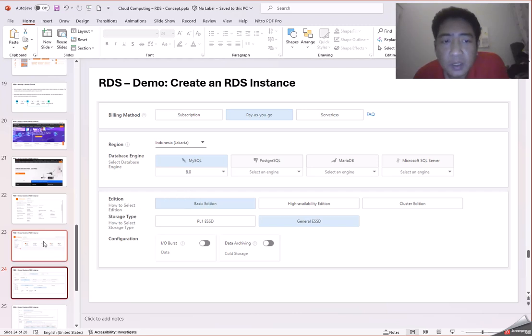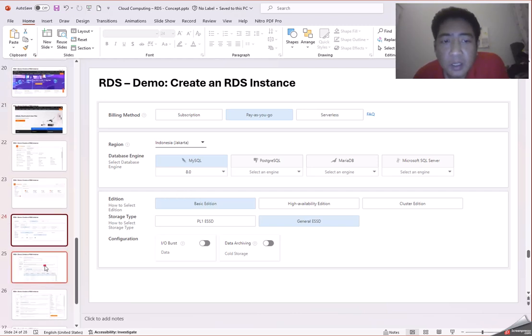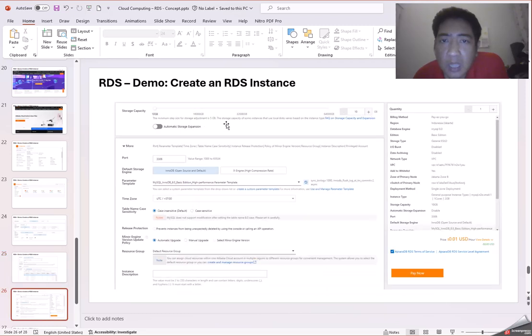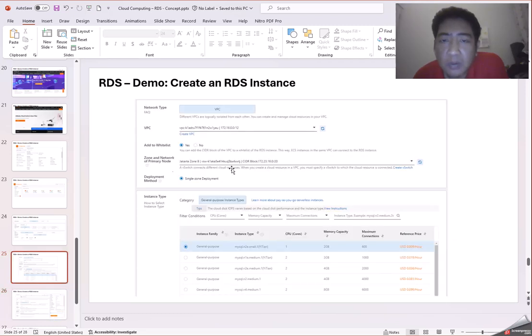Okay, and then you will choose your network type, VPC or classic network. I use the default from Alibaba Cloud RDS. And then you choose your instance CPU.